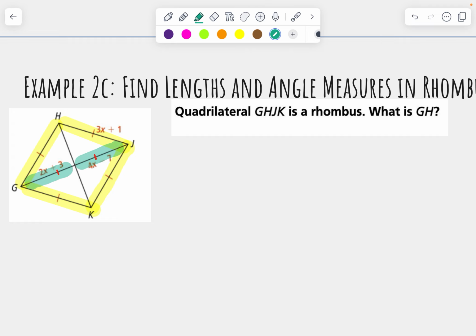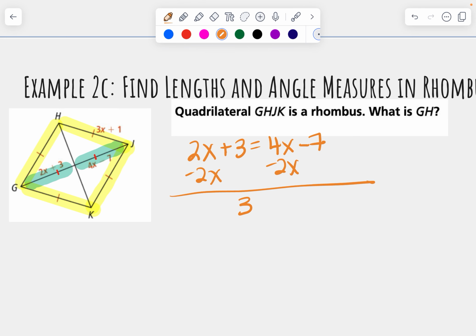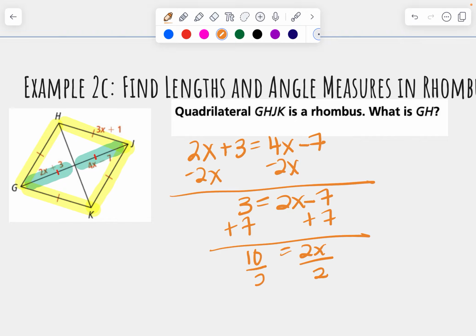So again, I know that these two diagonals are the same, so I can say 2x plus 3 equals 4x take away 7. Solving this, I'll take 2x from both sides, and 3 equals 2x take away 7. Adding 7 to both sides, 10 equals 2x. Then dividing by 2, we'll get that x is 5, but we're not done because they want us to